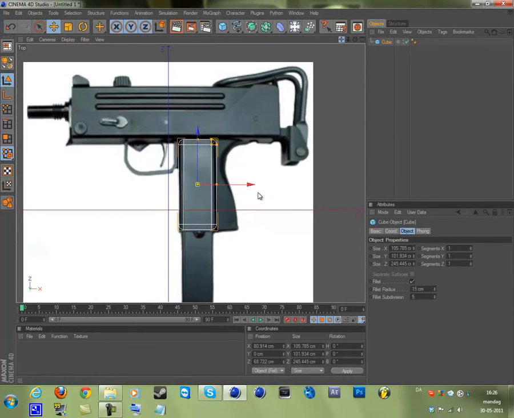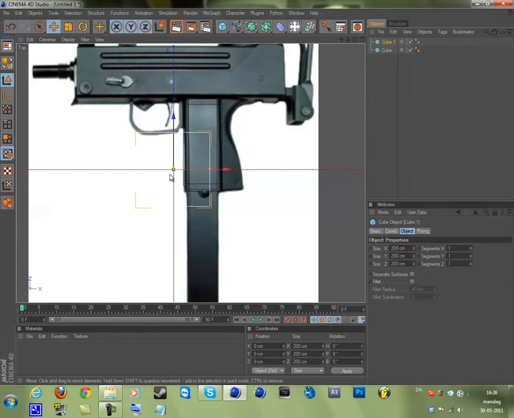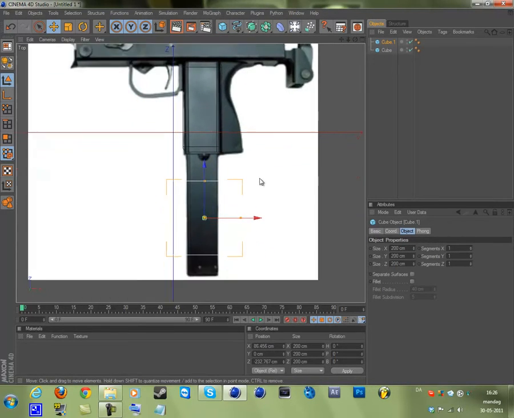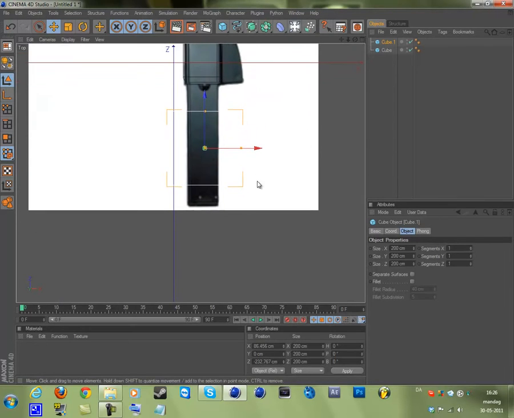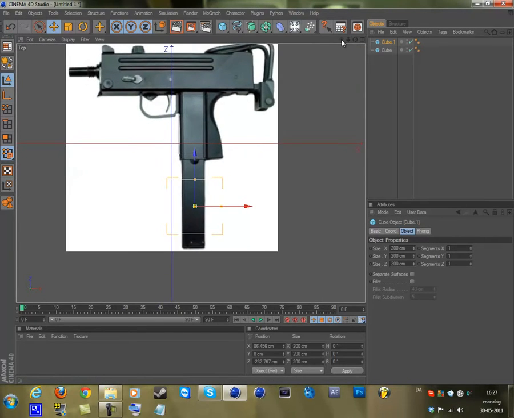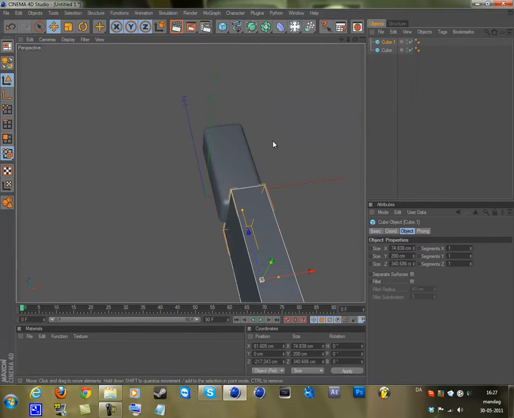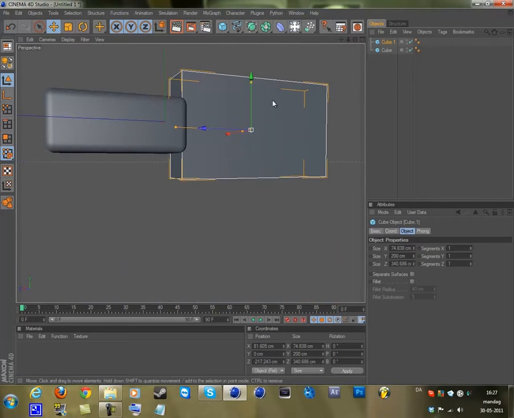Press F2 to get back to this view, and then make a new cube and set it down here to the magazine. You can hold 1 and just drag the image, and you can hold 2 and just zoom in and out, or use this one up here. You can also use your mouse scroll button. Then reposition this here and make it just like so. It just goes up here in this handle, and then make it thinner here, much thinner than this one, and then go back to make it the normal height.